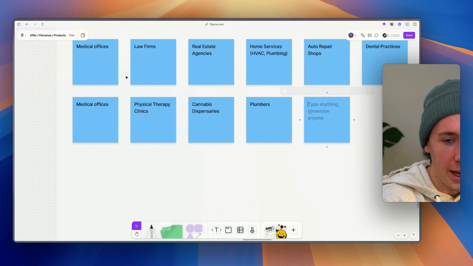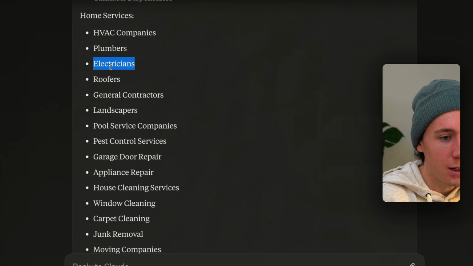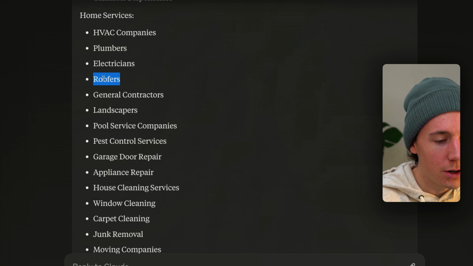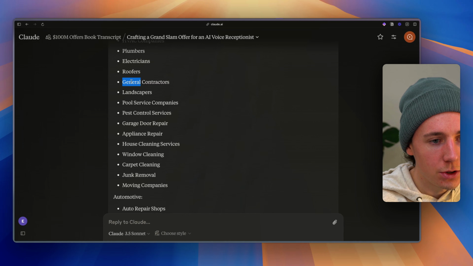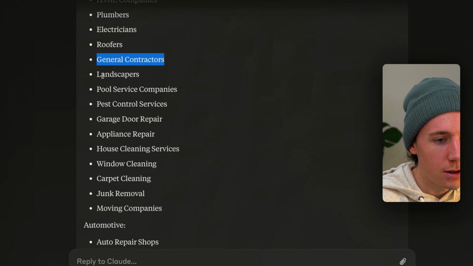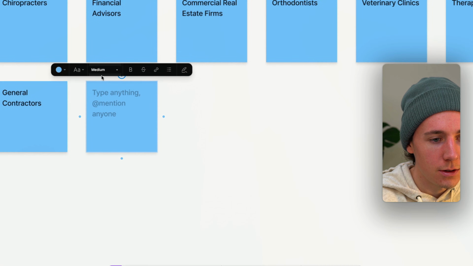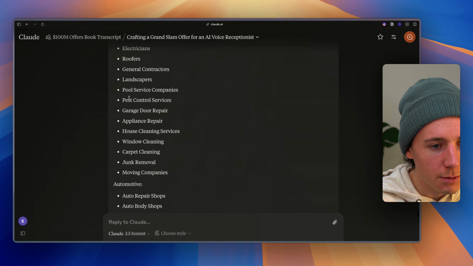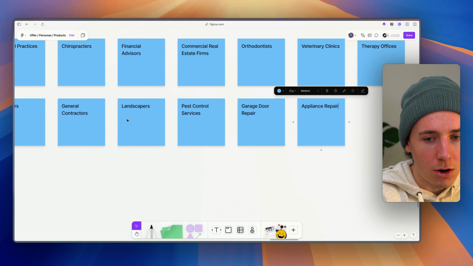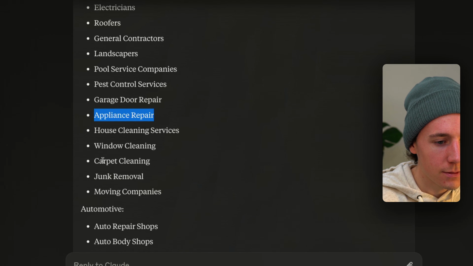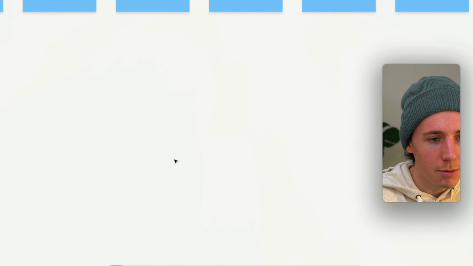Plumbers, I guess all of the HVAC, we could go even more specific. Electricians, roofers. We could do roofers, general contractors, landscapers, pest control, garage door repair, appliance repair, carpet cleaning, moving companies,